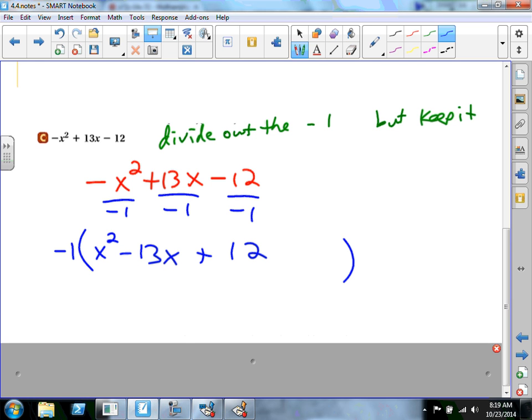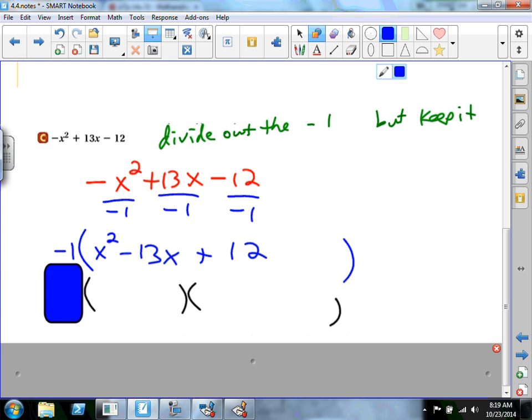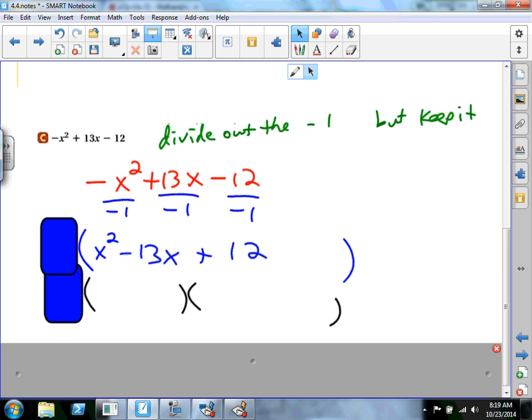So I did say to keep it. What I mean by keep it is let's just rewrite it out front, okay? And now, here's where people hate this. I know hate's a strong word, but people hate doing this. But let's just forget it's there while we factor, okay? Forget about it. It's legal. We can cover it up for a minute, but we don't want to forget about it. So,